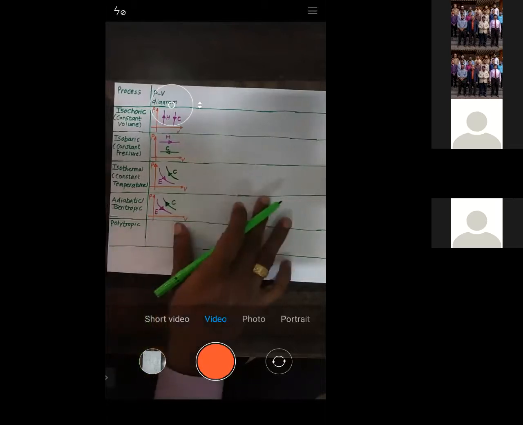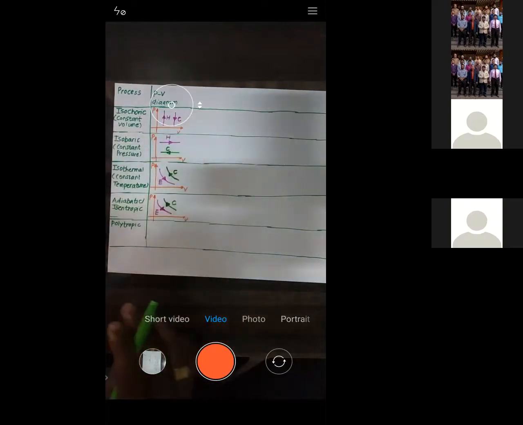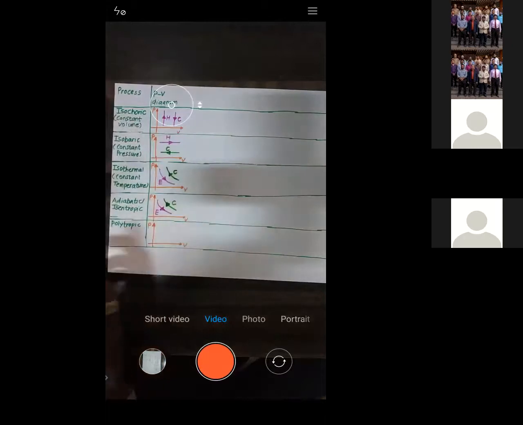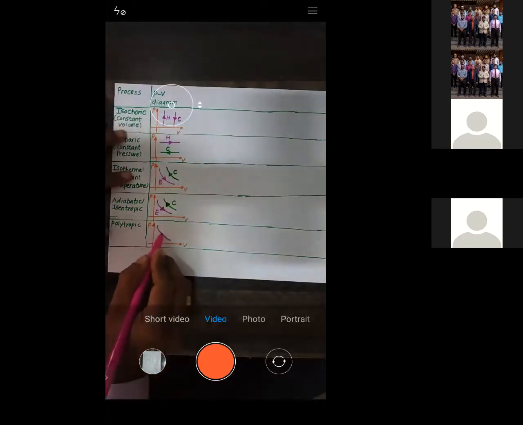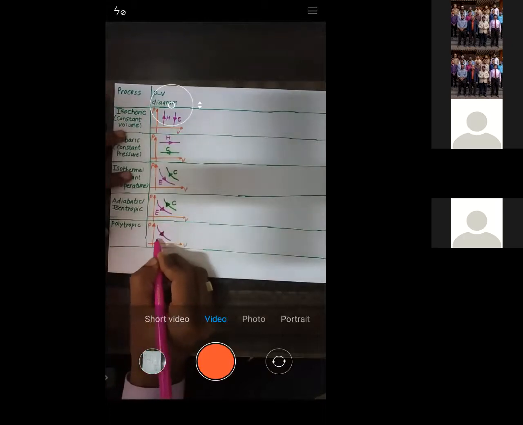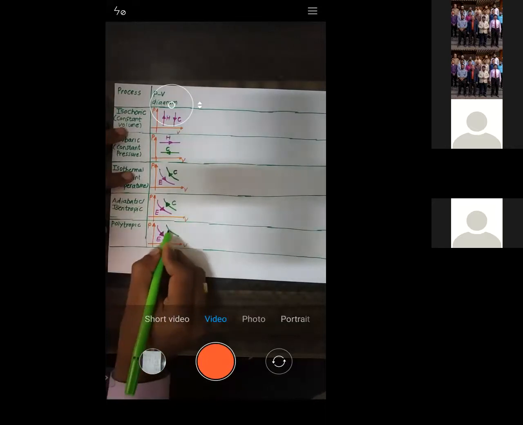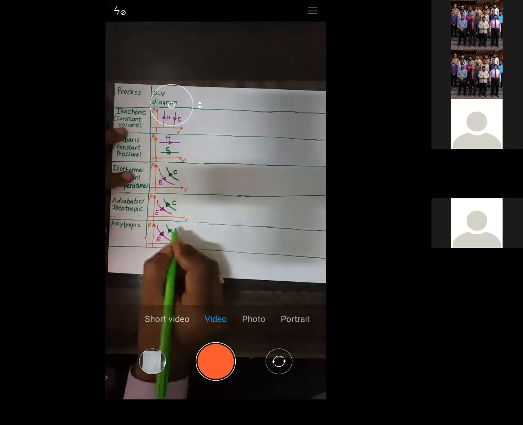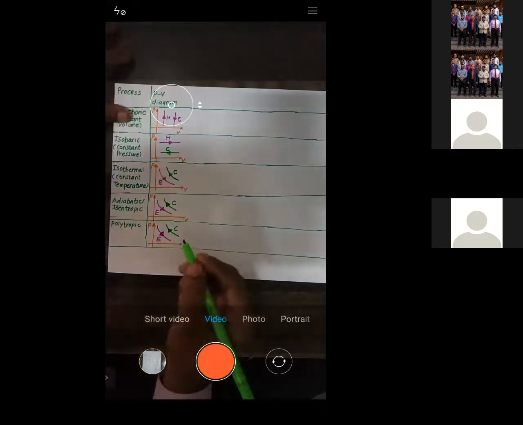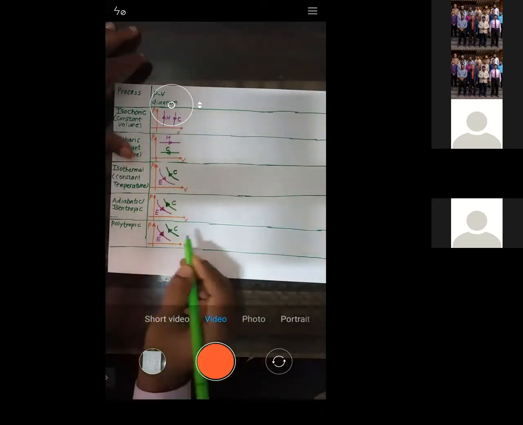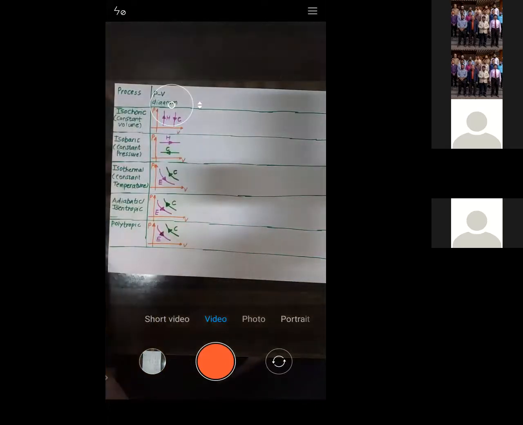I will just draw it again for a polytropic process. This is the polytropic process where we have pressure here and volume here. Now I will draw the expansion, somewhat like that. This is our expansion. Exactly the reverse process I will plot here, that is our compression. See, these three processes are going to look the same, right? But how to differentiate those processes?